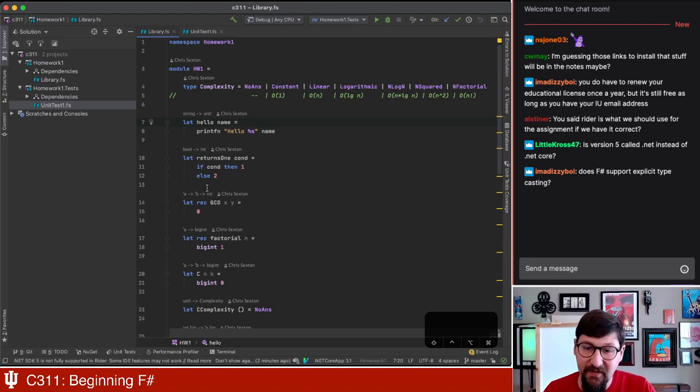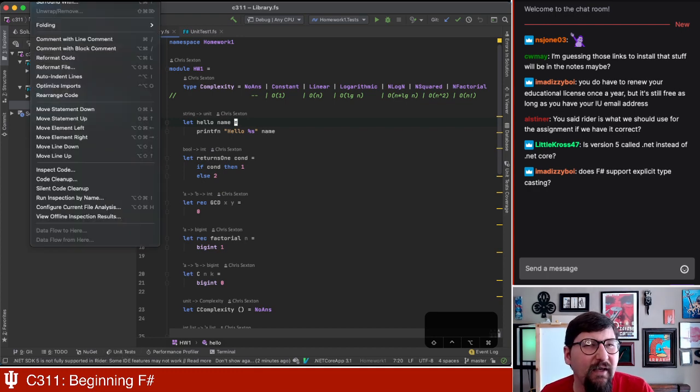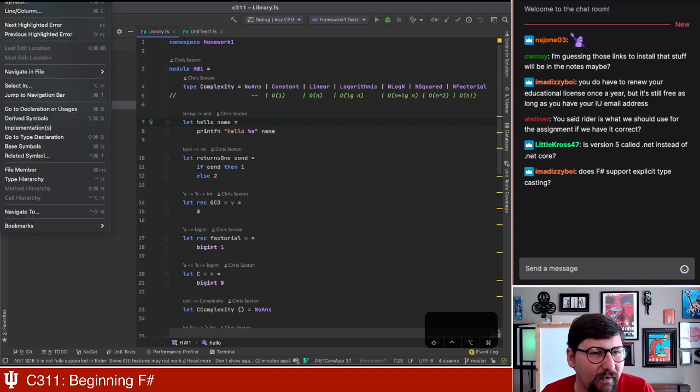Now, if you want to run this stuff inside of Writer, and this is one of the reasons Writer's pretty great, there is at the very bottom here, the default view has unit tests. If you can't find it that way, I think